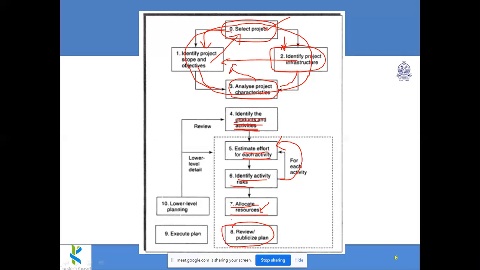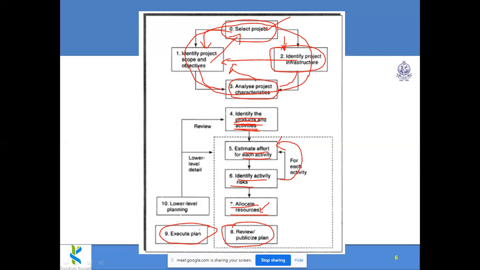In this way, we are going to carry out. The management agreed, yes, we can keep the plan. Based on that, the project manager has to track whether it is going as per the plan. So after that, if this phase is over, then we shall start executing the plan. And after execution, we cannot stop